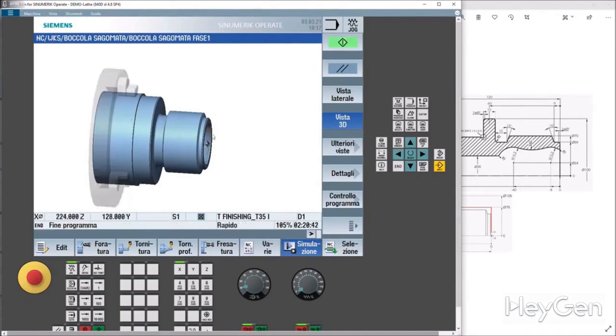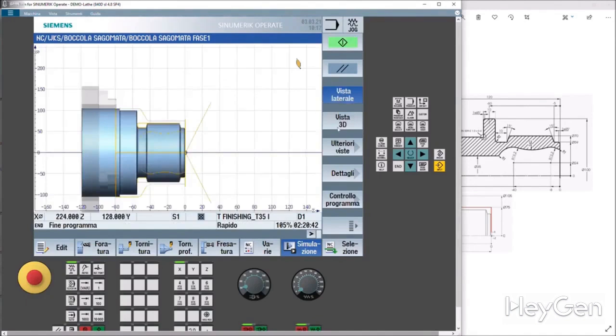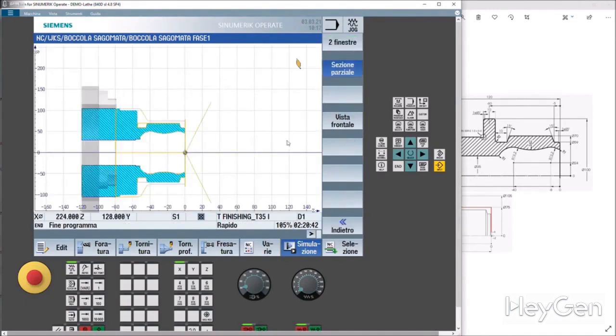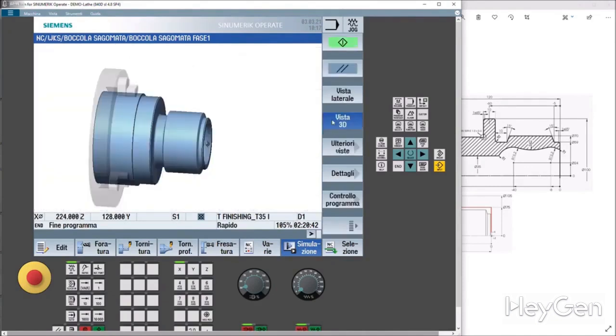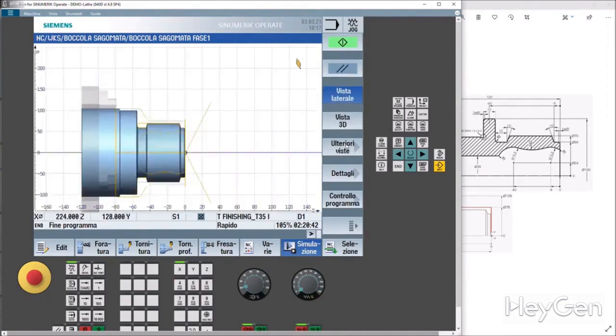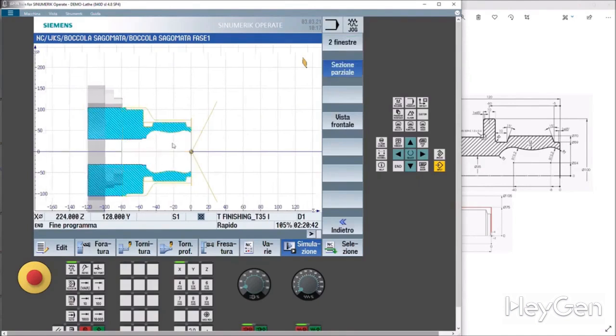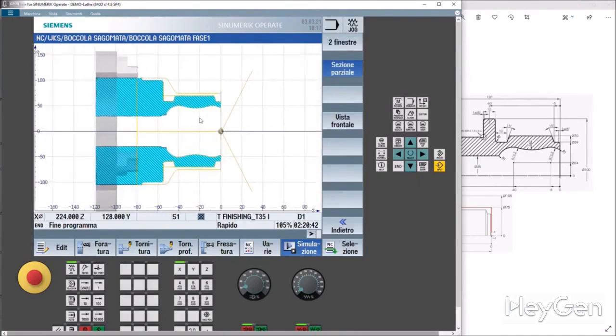Here, however, we are struggling to see the internal machining. As a result, let's change the view. It's too fast. We're in 3D. Let's start by looking at the side view. Here it is, additional views, partial section. Perfect.